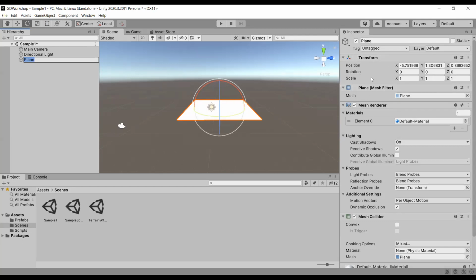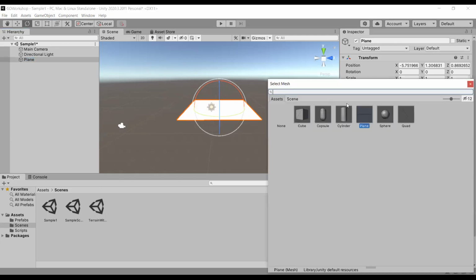Then comes all the rendering stuff, where you basically render this plane on the viewport. Currently I'm using a plane mesh. If I want, I can change these meshes to a capsule. Do remember, the green color mesh that you're seeing around your scene is basically a mesh collider.